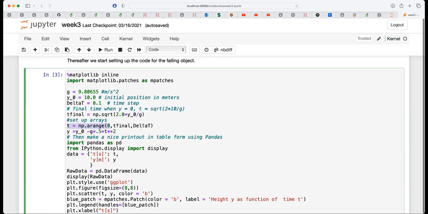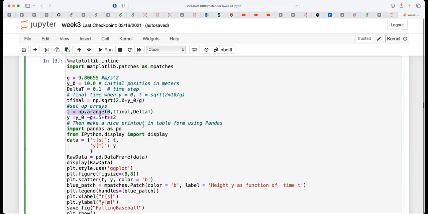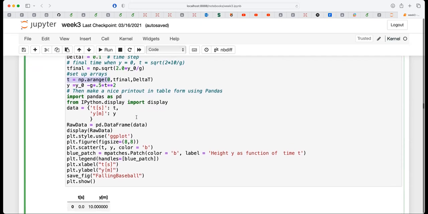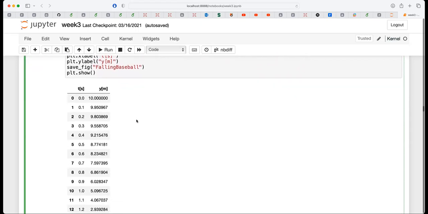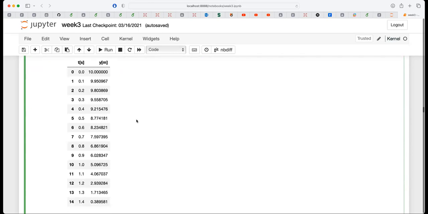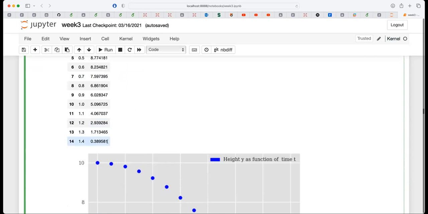So if you've forgotten about it, you can just look into these examples. And this is useful for the second homework and for the third one. And in this specific case, what happens now is that since T is an array, Y becomes an array. Y0 is just the initial position. And then here I'm just plotting it, or just actually printing it out. And you can see now the ball is falling from 10 meters and then gradually falling down, down, down.